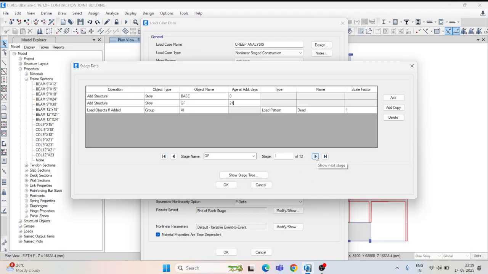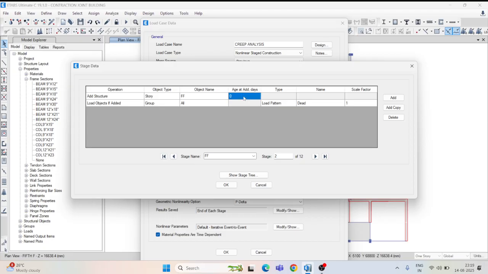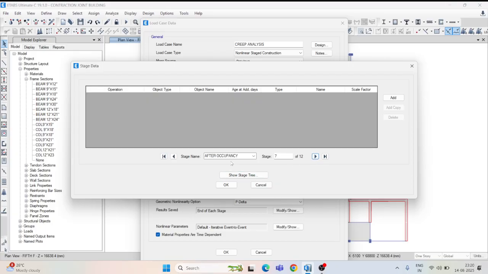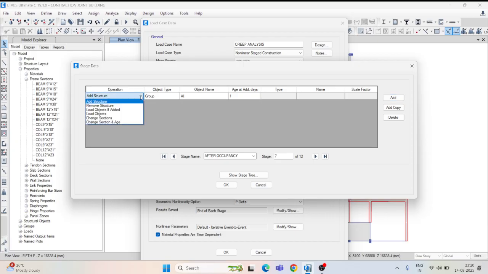Then go to first floor. In first floor it will take 21 days, again the same. Second floor also 21 days, third floor 21 days, fourth floor also 21 days, fifth floor 21 days, and after occupancy only it will be load objects, okay, group all, and here